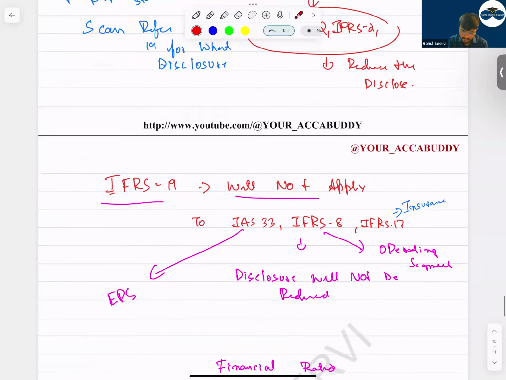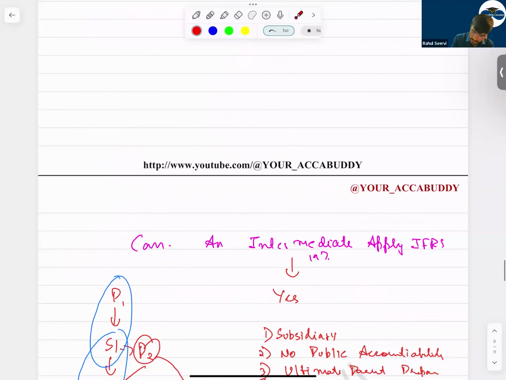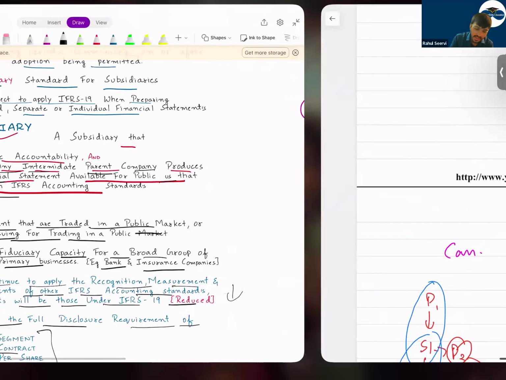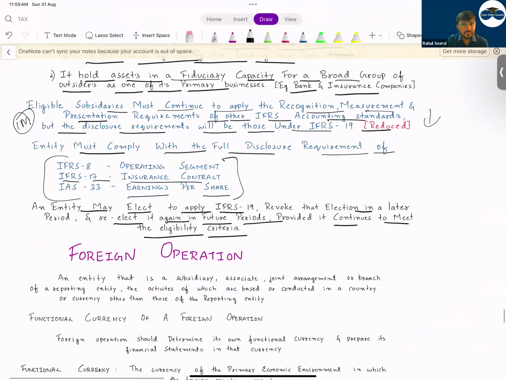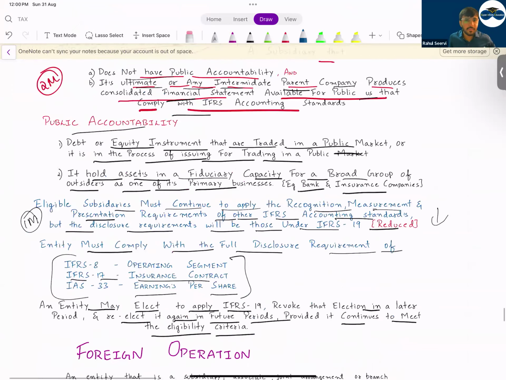All this we have covered. So with this, IFRS 19 is done. Any doubts in IFRS 19? Anyone? Very important. I have shared in the group the question regarding this one, so please do it. It was a straightforward question. And in your past papers also, we have one of the questions and we have done it. So with this, this part is completed.